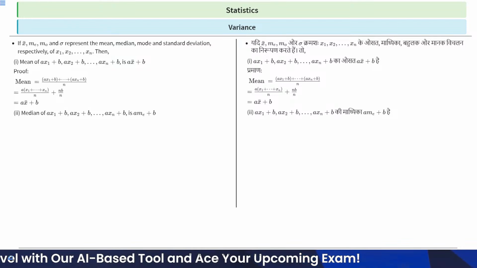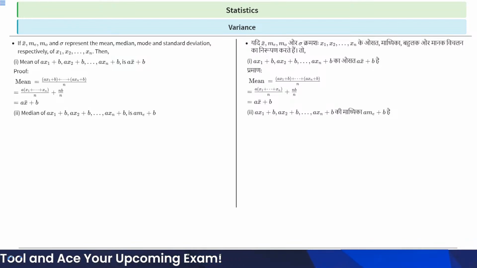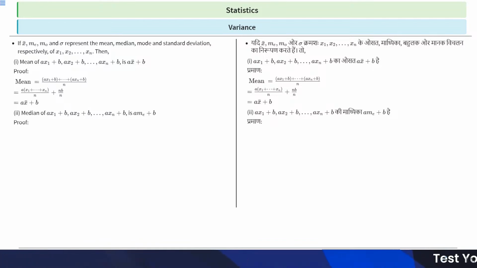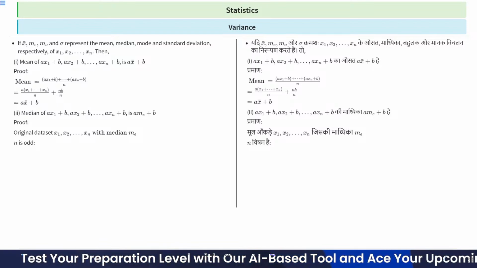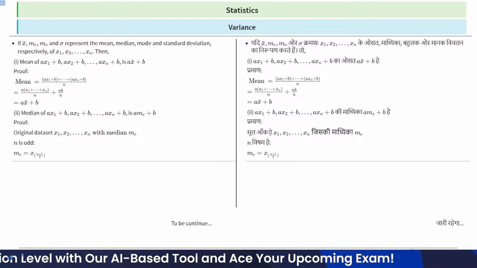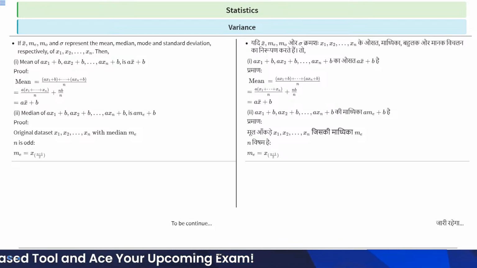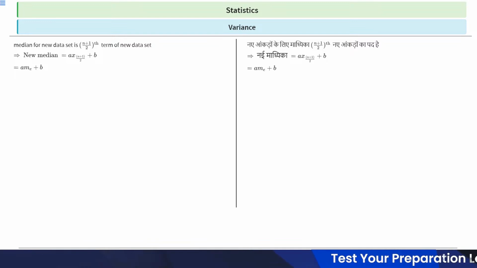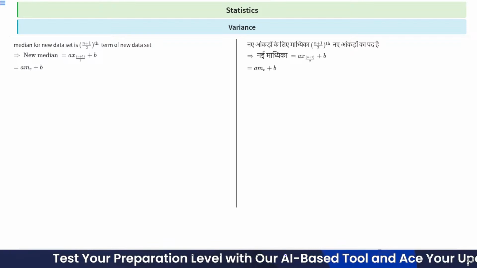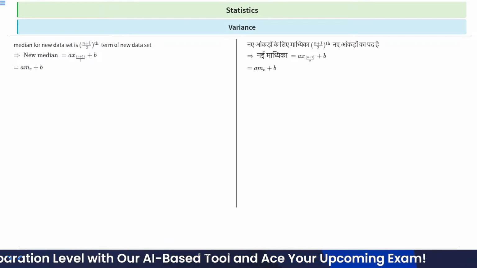Now median of ax1 plus b, ax2 plus b till axn plus b is equal to a me plus b, right? a me plus b. Let us see the proof of this. Original data set x1, x2, x3 till xn with median me when n is odd. So me is equal to x of (n plus 1) by 2, right? So median for the new data set is the (n plus 1) by 2 term of the new data set. Now new median will be a x of (n plus 1) by 2 plus b, right, which is equal to a me plus b,